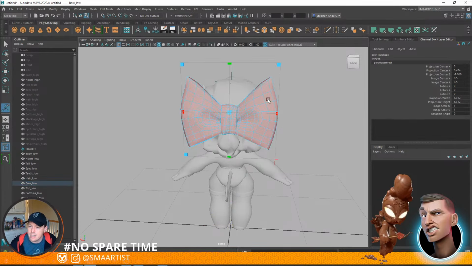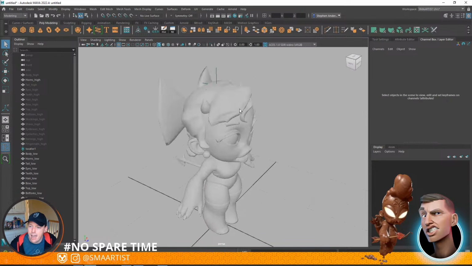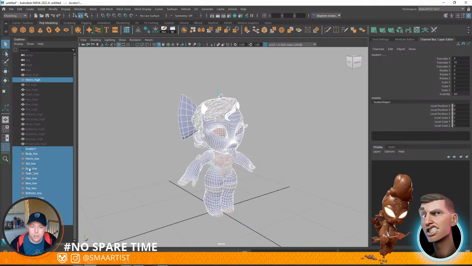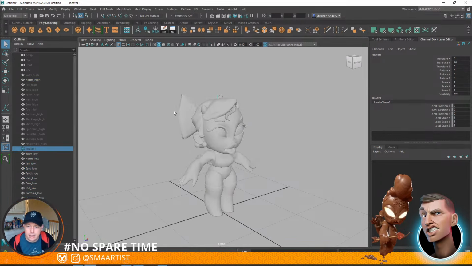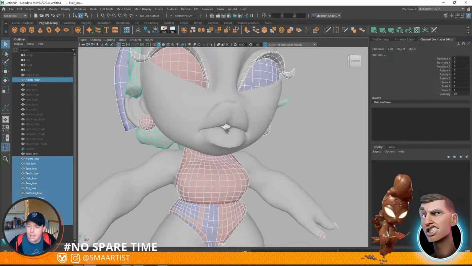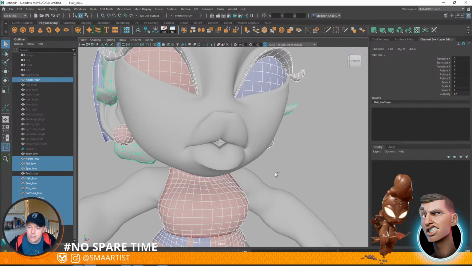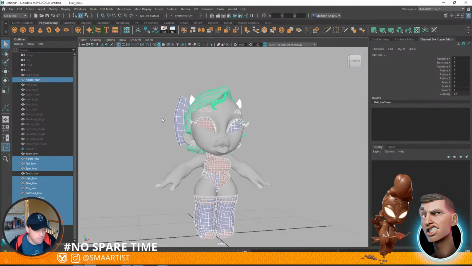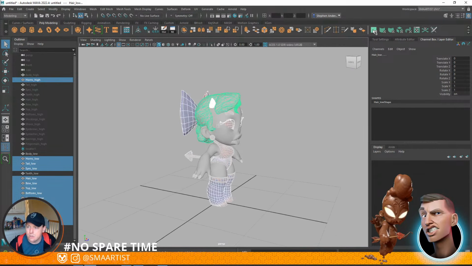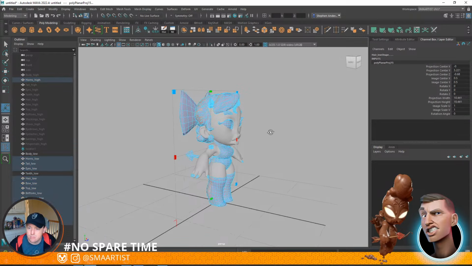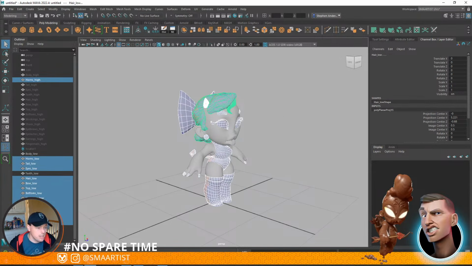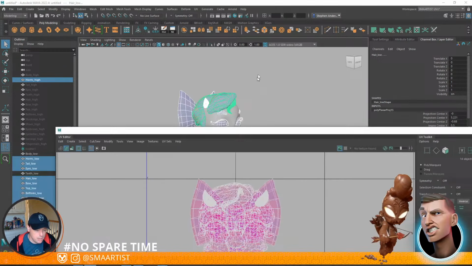Lots of stuff needs to happen in order for her to be ready to go forward. Here, in fact, I can hide this. I don't need that. Let's deselect her body. Let's deselect her teeth because those have UVs already. And everything else needs UVs. So let's go ahead and bake that out. Okay, so you guys can't see what's happening with the